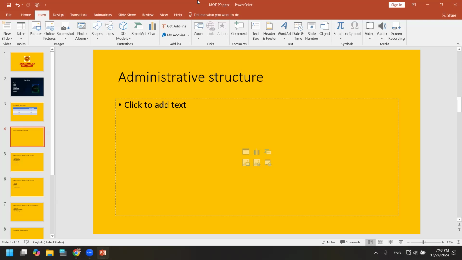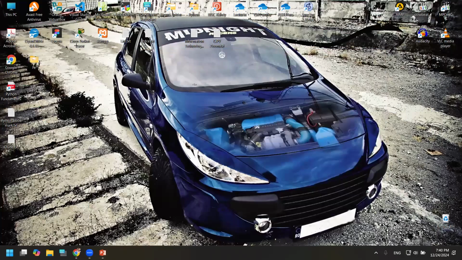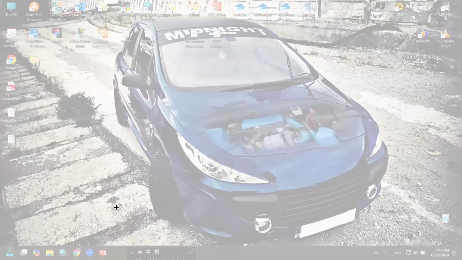And here, if you click on screenshot, then you can see this option, screen clipping, right? Then it will minimize the PowerPoint interface, and your screen will be covered or masked by this color pattern. Now you can see your mouse pointer just like a cross, and by using this option,